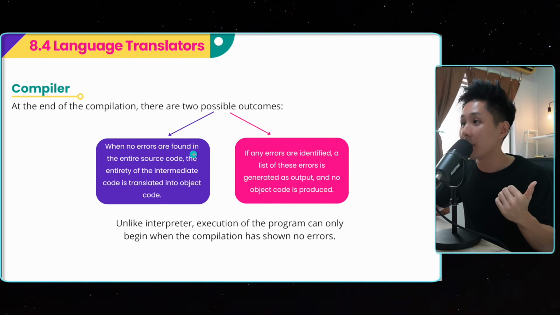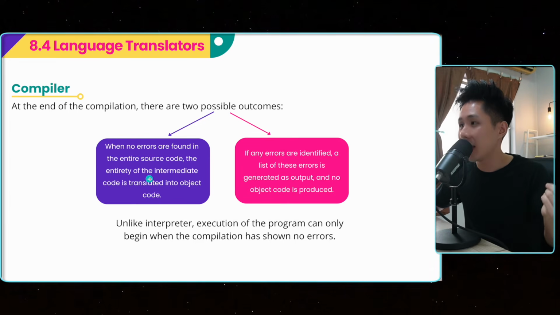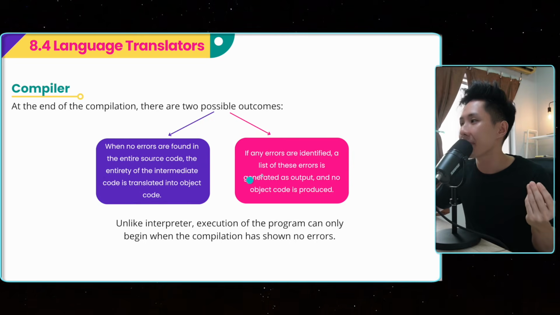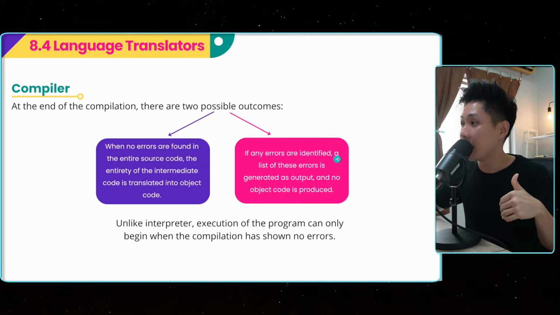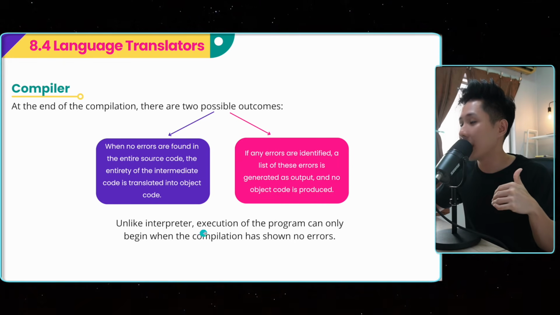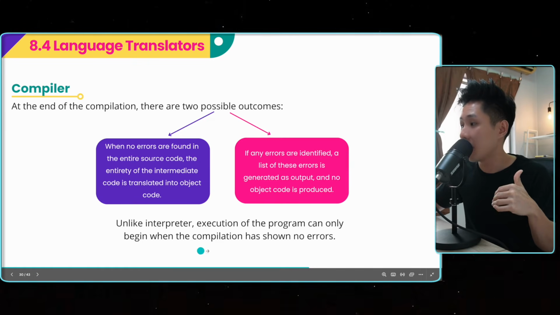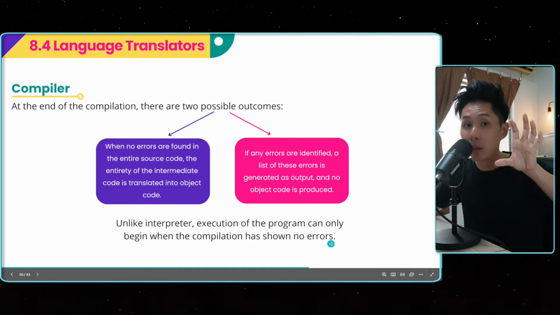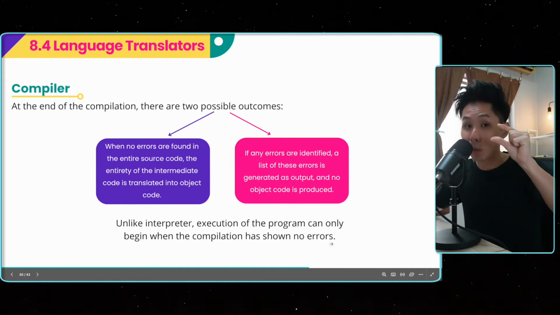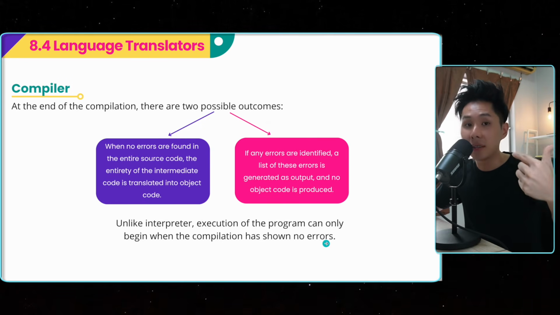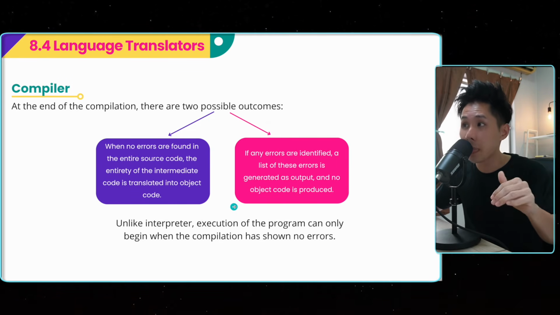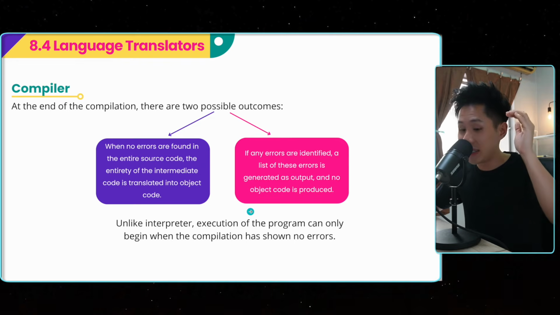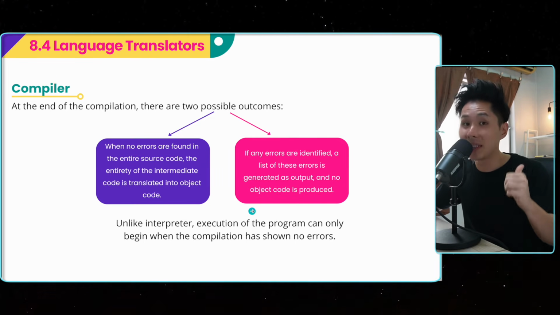So when no errors are found in the entire source code, the entirety of the intermediate code is translated into object code, which is something that can be executed. And if any error is identified, a list of these errors is generated as output and no object code is produced. So unlike the interpreter, execution of the program can only begin when the compilation has shown no errors. So in the previous example, when we talked about the interpreter, if this line is okay, they will just run the code directly. But in this case, not until the code has shown that it has no error, it cannot